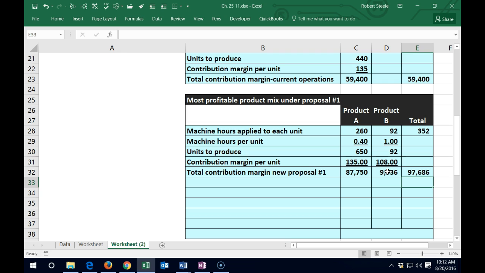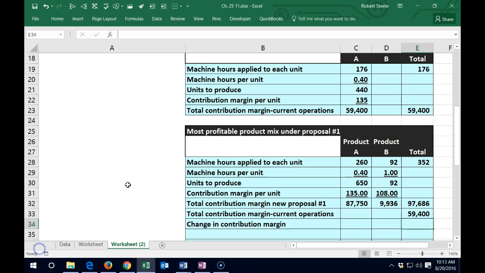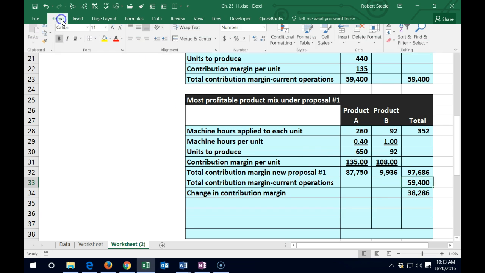Then we're going to compare that to the total contribution margin that we currently ran up here. So I'm going to say, let's look at the contribution margin here and compare the totals out. So we're going to say this had been 59,400. Therefore, if we look at the change or the difference, which of course is a subtraction problem, we're going to take the new contribution margin minus the prior contribution margin. We get the 38,286. I'm going to go ahead and underline this one by going to the Home tab, Font